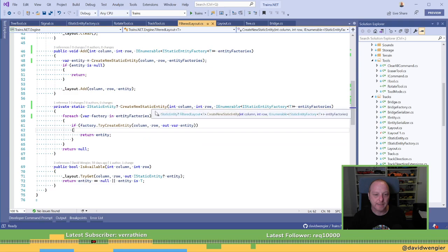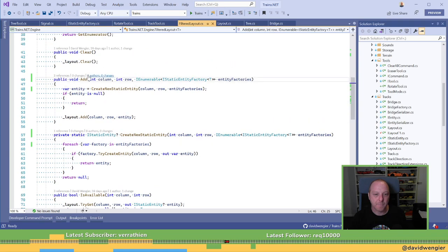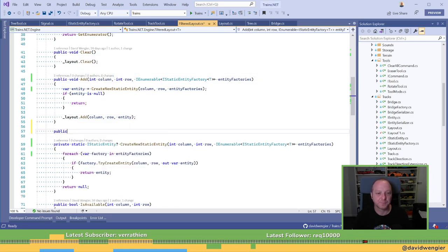Brand new static entity. Add from these factories. Okay, so we want to do a new method here called change entity. And we'll do this.